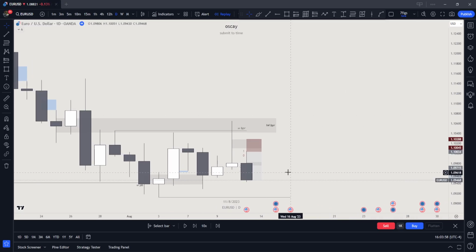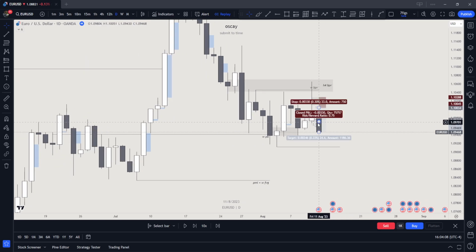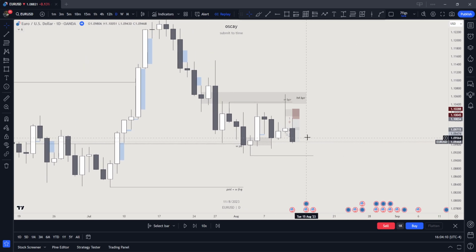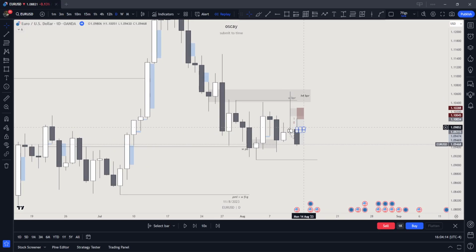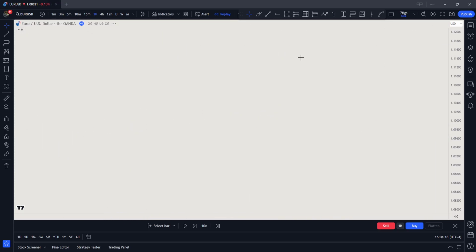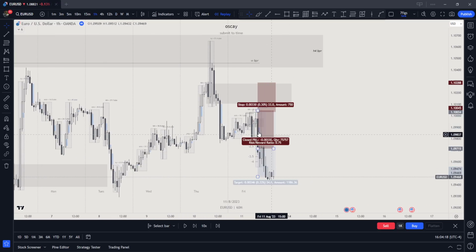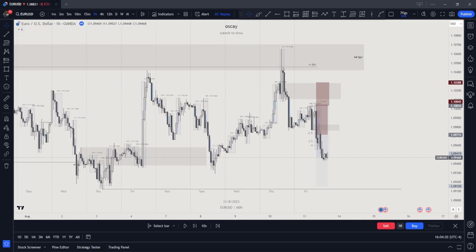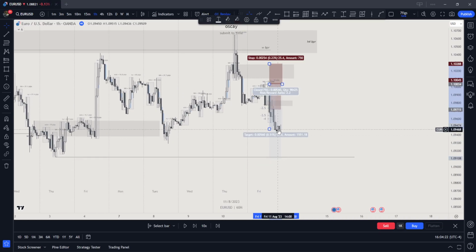So Monday is likely to expand to the drawn liquidity. Let me check news. Monday, no news. Tuesday, we have news. Wednesday, news. Thursday, news. Next week is looking beautiful. What am I expecting? Yeah, I'm just expecting downside instantly, actually. So we could have taken like 50% off right here. And I still let the rest run.